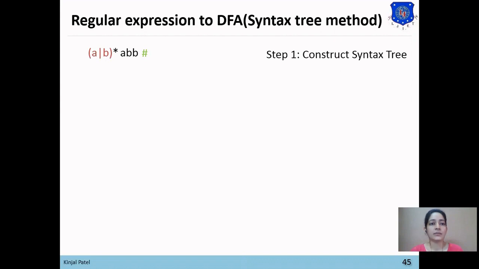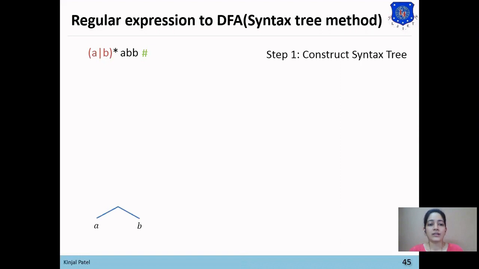We will go from left to right, and the only thing we need to consider is the brackets: we need to build the syntax tree for the input in the brackets first. Here you can see that A or B is in the bracket, so first we will build the syntax tree for A|B and then for the Kleene star.